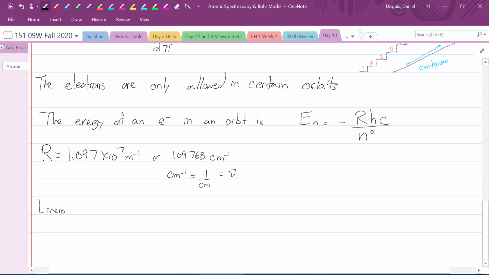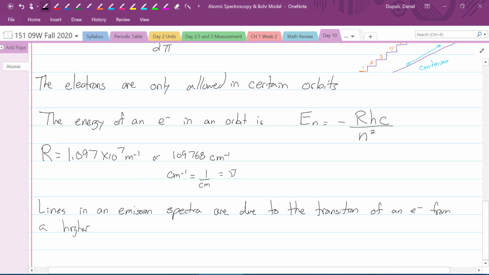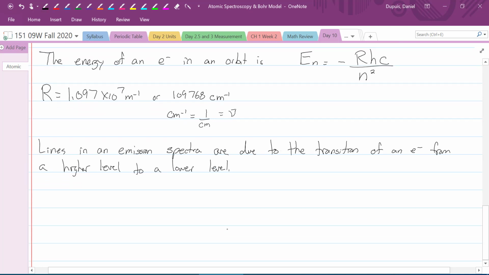Lines in an emission spectra. So the lines in the emission spectra, or the line spectra, are due to the transition of an electron from a higher level to a lower level. Okay? And the transition would be delta E, right, equals